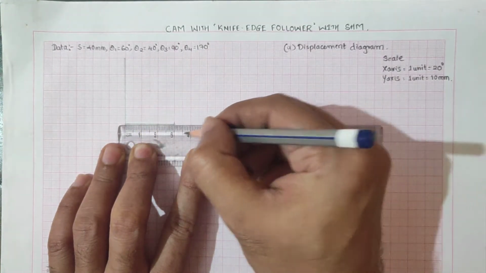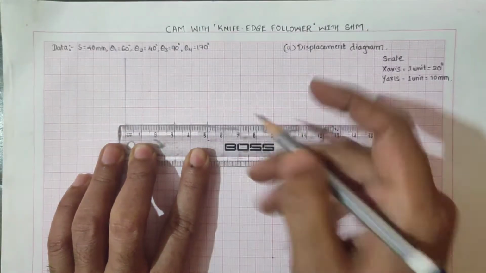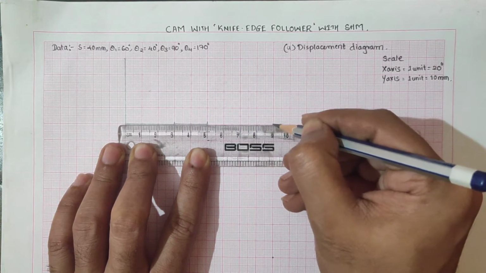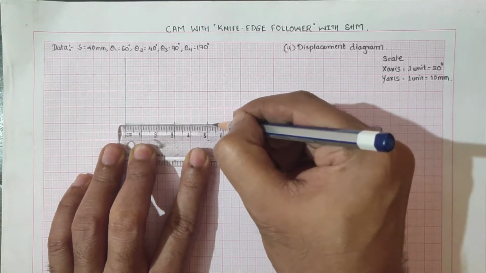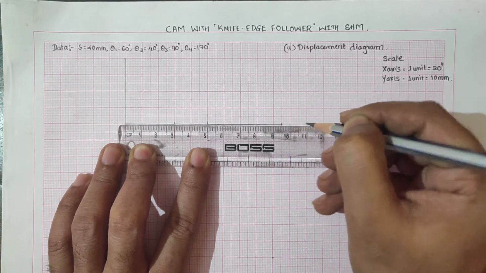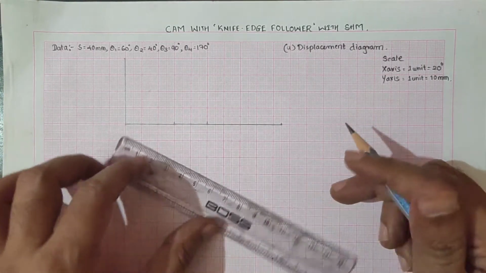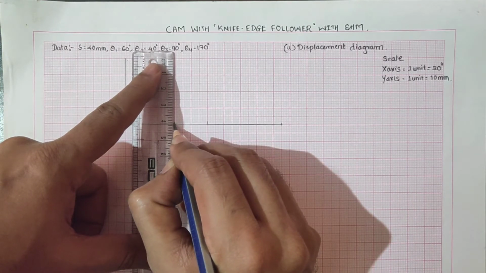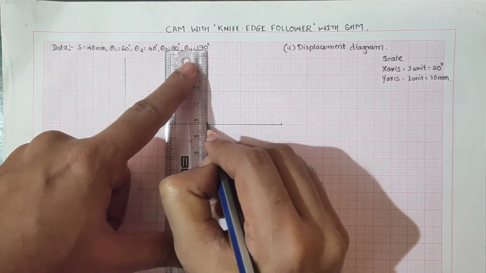Next we are having 40 degree. Then from here to here it is next 40 degree. Next from here we are having 90 degree. And remaining what we are having, will be having the 170 degree. So what we have to do is we have to make this one of vertical line partition.